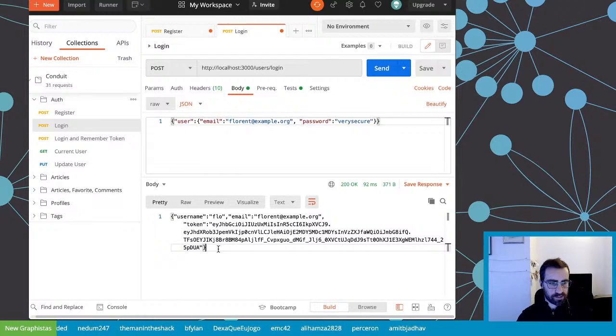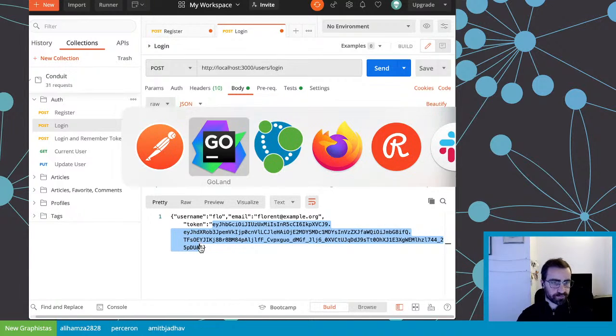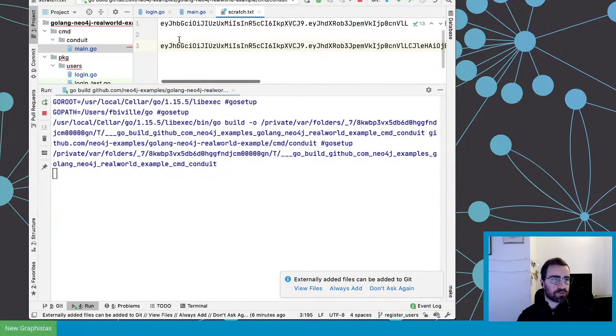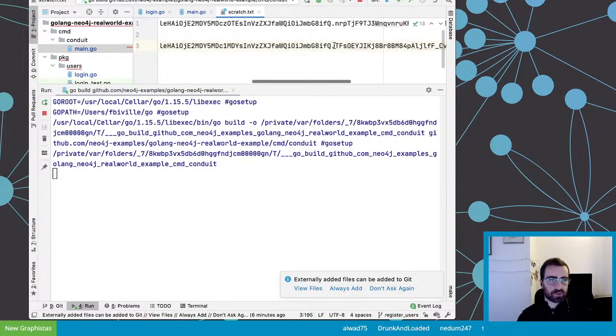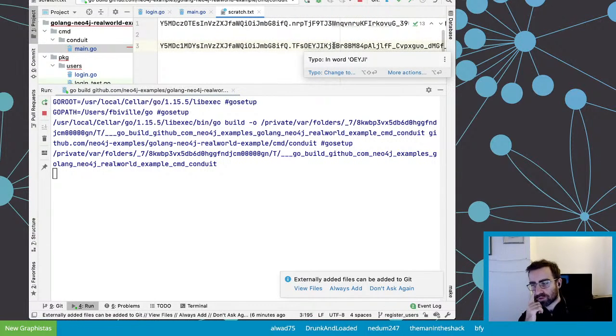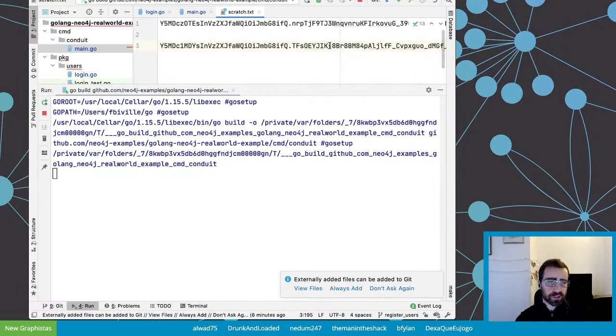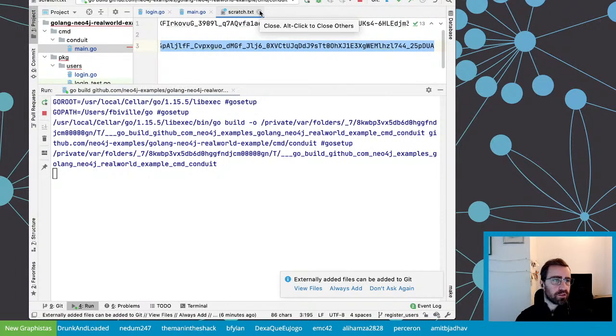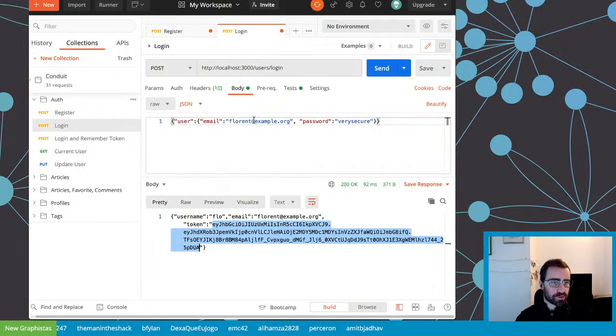yay, okay, the case is fixed. And is the token the same? It looks a bit similar, but I don't know. Maybe not. Oh no, it's different. Or is it? Huh. No, it's not. Okay, so because some parts of the token are common, right? There are some parts that don't change, but the end is different. So that's all I wanted to see. Okay, cool.